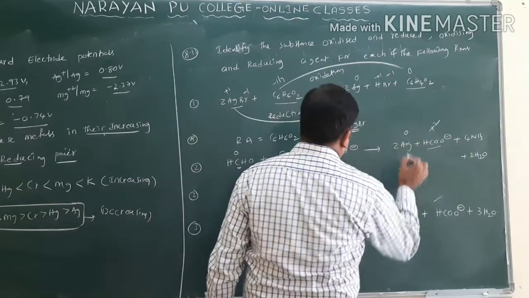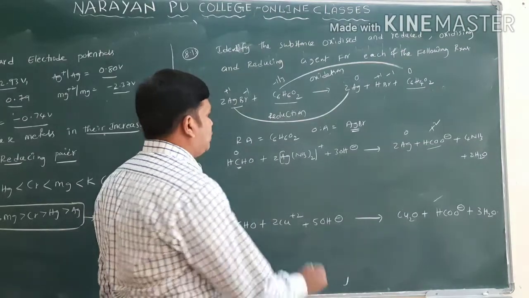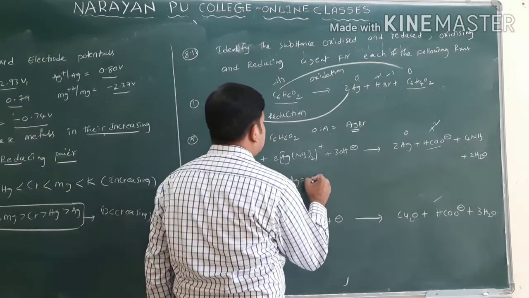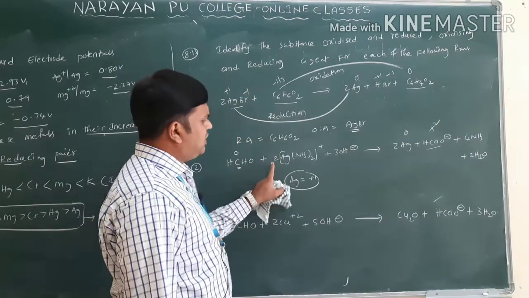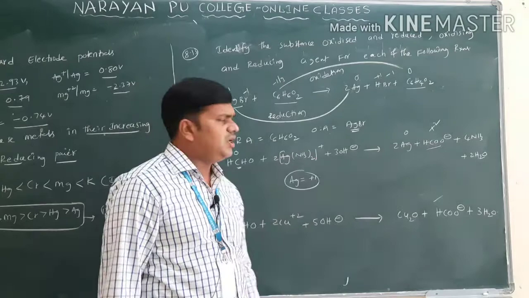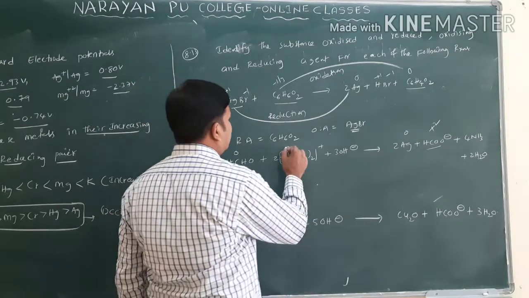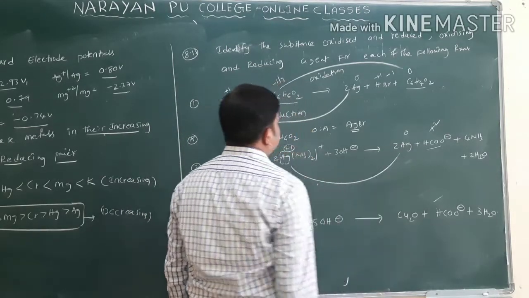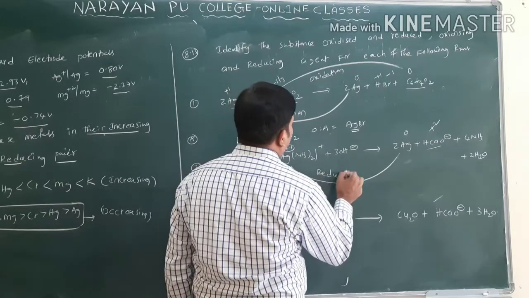Silver in the metallic state is 0 only. Here NH3 is there. NH3 is a neutral molecule only. Neutral molecule means oxidation number is what? 0. I will write here. Ag how much? Plus 1 only. If you multiply by 2, 2 positive charge is there. So you will see silver in the oxidation state what here? Plus 1. Here what? 0. You see here, 0 to plus 1. Decreasing is what? A reduction only.